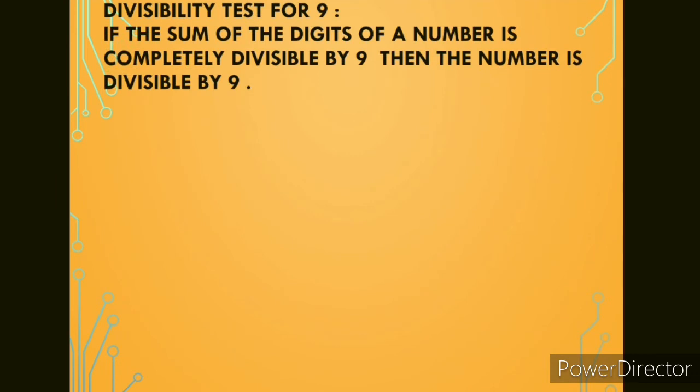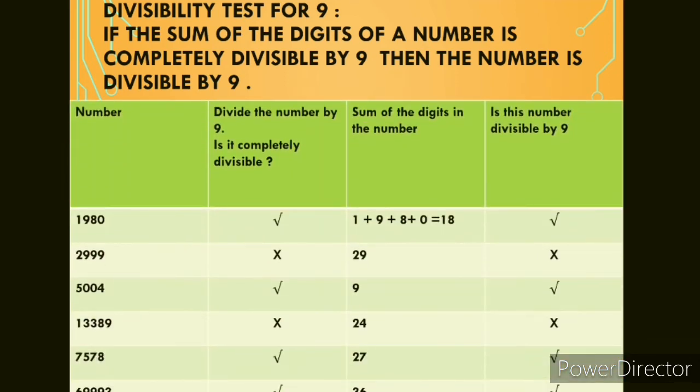Next one is the test for divisibility by 9. If the sum of the digits of a number is completely divisible by 9, then the number is divisible by 9. Same way here we have to check for the numbers. Here we are having the table. We have to total it up. The sum of the digits of 1980,